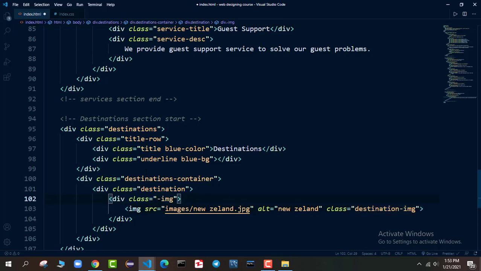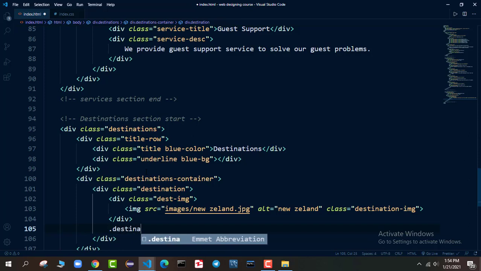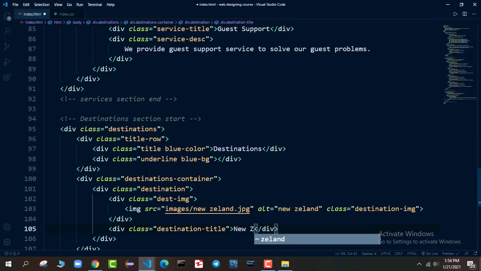So after this destination image, we have destination title. So we'll say destination title, and the title is New Zealand.